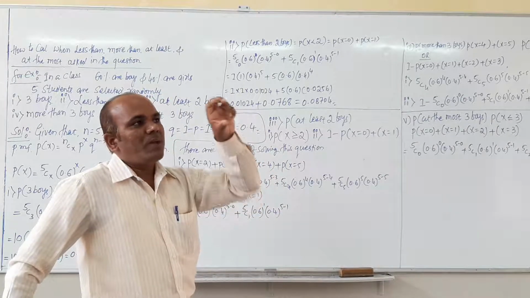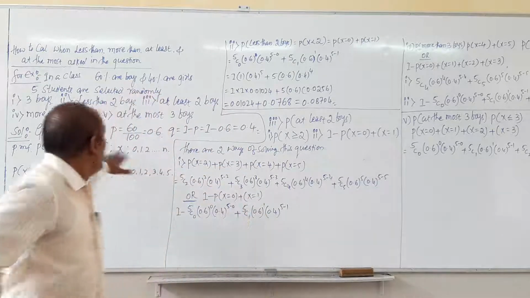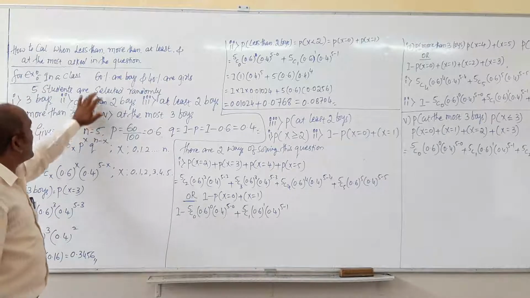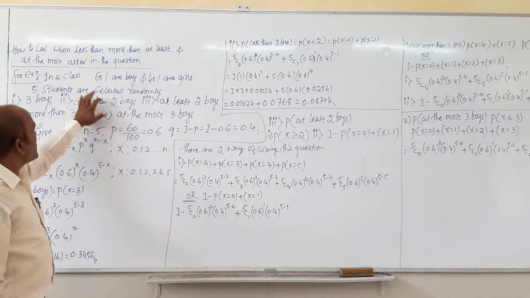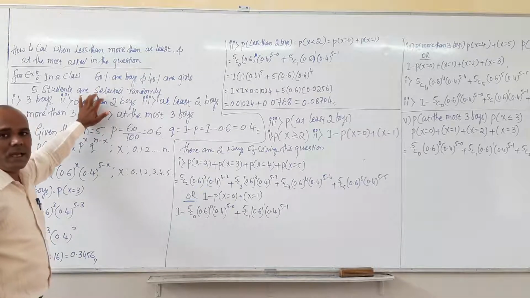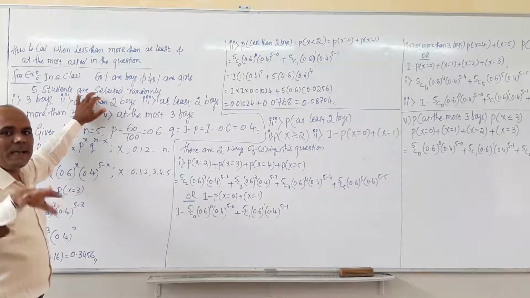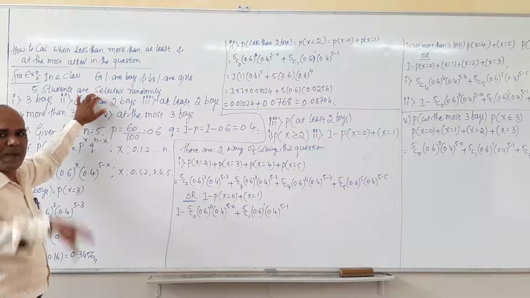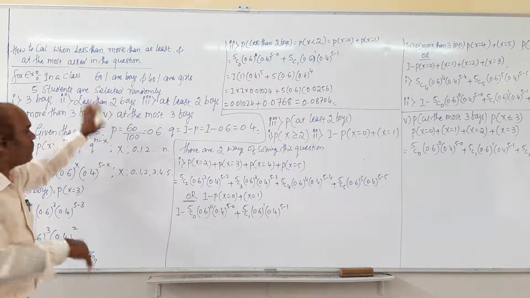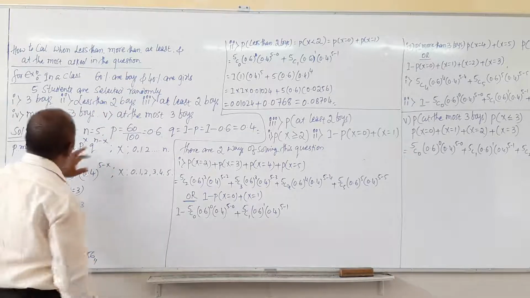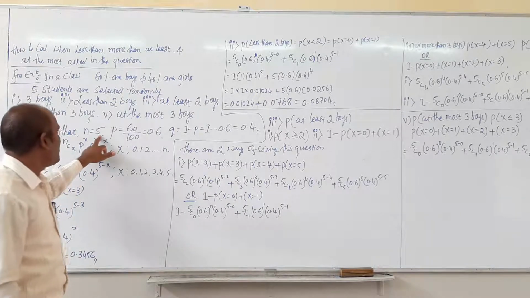It means they can ask indirectly. This question is direct. The paragraph question and the sub questions are directly related to the given information. Sometimes they ask indirect questions based on such a paragraph. At that moment how to solve such questions, that will be seen later. So given that small n equal to 5, because they are going to select 5 students randomly in that class.